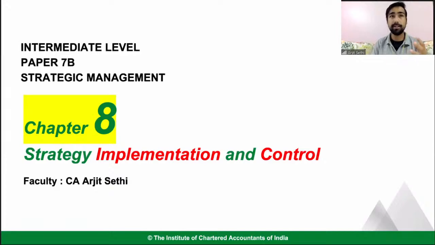Strategy is simple. In simplest form, what is strategy? You analyze what is happening around you, right? You plan something: how do I tackle this, or how do I take advantage of what is happening around me. I do that. I take actions and then I check whether my actions gave me results or not. If they gave me results, super. If they did not give me desired results, I go and change that particular action. And that is what strategy means.